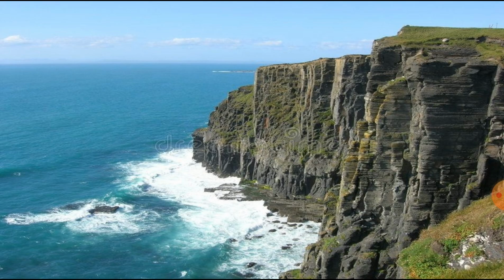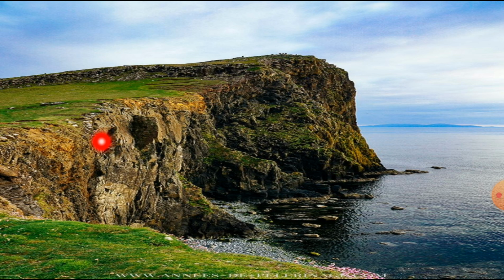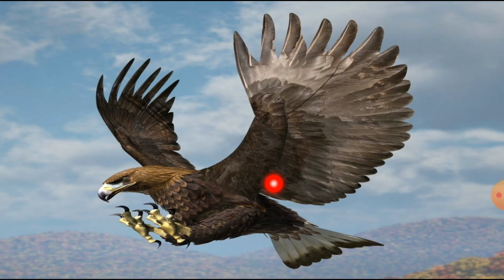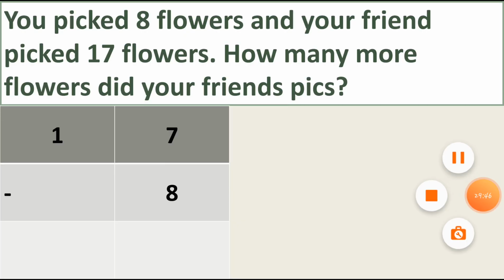Now students, this is a cliff. You wanted to see what the cliff is, where the eagle is sitting. You can see the picture. This is the cliff picture and this is also a cliff. There are 2 pictures I am showing you of a cliff. Then I will show you the eagle. This is an eagle bird. So now students, this way the eagles were sitting on the cliff, and from the 10 eagles 3 flew away and 7 eagles were left. Then I have some more examples for you.